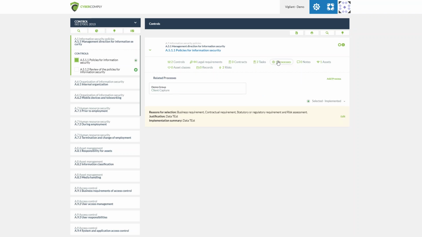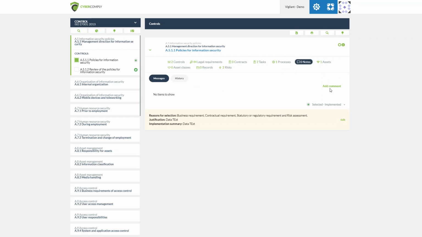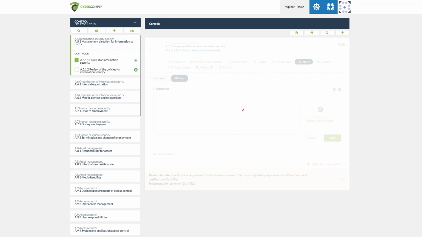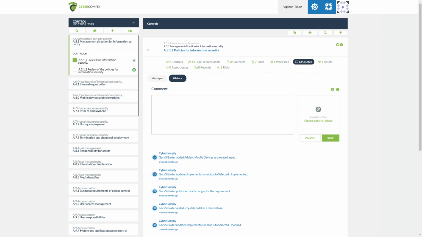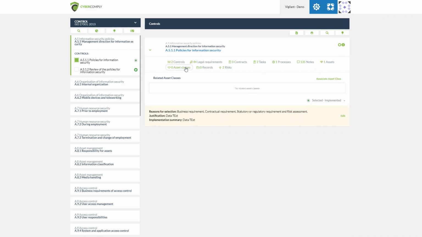We can see related processes, so if you are looking to run the data mapping tool in conjunction with controls, they could be linked. We have that same notes section, so again we've got the ability to upload documents as well as notation, and there's that history log as well to see what modifications were made. We can see what assets are currently using or implementing this control directly onto it. We can see if there's any asset classes that are using this control, if there's any records of data that may be using this control to control that particular